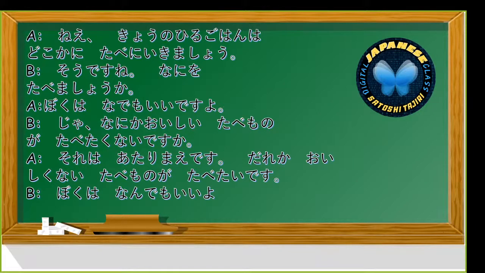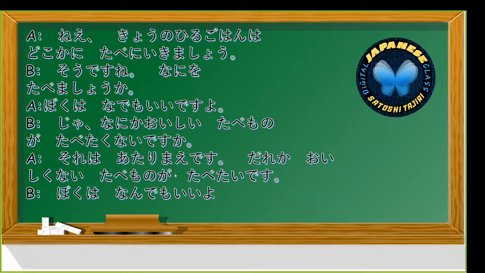ね、今日の昼ご飯はどこかに食べに行きましょう。そうですね。何を食べましょうか。僕は何でもいいですよ。じゃあ、何か美味しい食べ物が食べたくないですか。それは当たり前です。誰か美味しくない食べ物が食べたいです。僕は何でもいいよ。